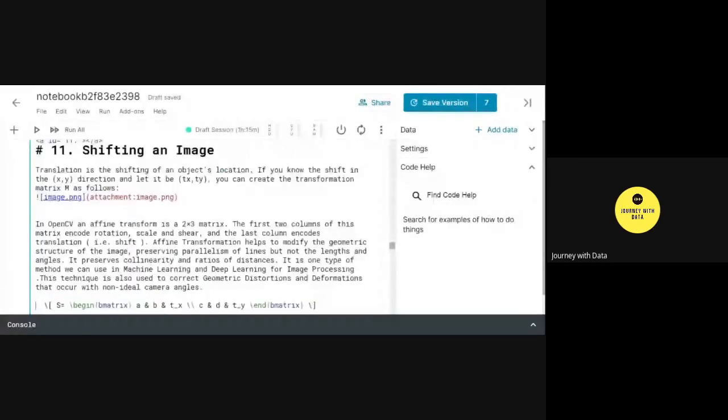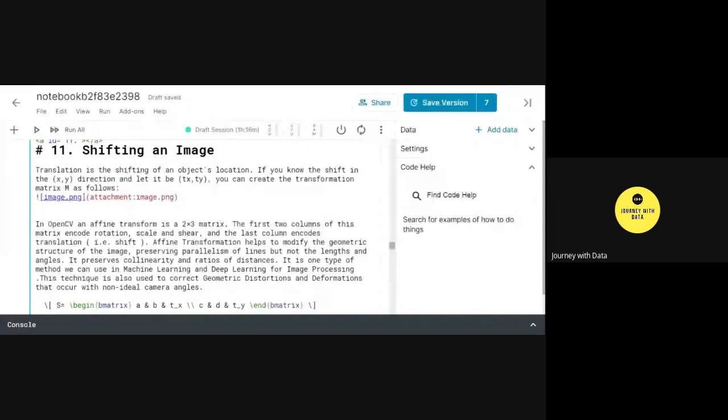So this is nothing but a matrix which is basically responsible for modifying the geometric structure of the image by preserving the collinearity and ratios of the distances. So it helps us modify the geometric structure, while preserving the original structure or the collinearity as well.